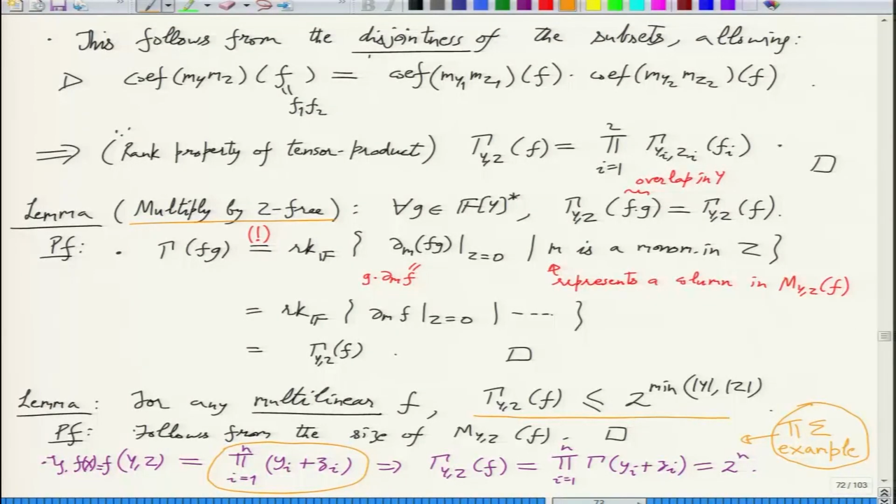The trick is that you do not partition in this way. The partition that we chose here was actually the worst possible, so it gave you the maximum possible value of the measure. What if you change the partition? Don't follow these yi, zi partitions, but let us say randomly pick a partition. If you do that, then you will see that the measure actually falls. That is what will make this useful for proving lower bounds.